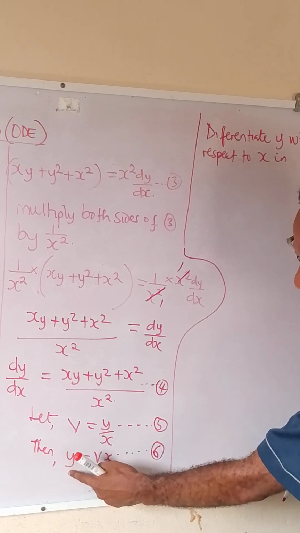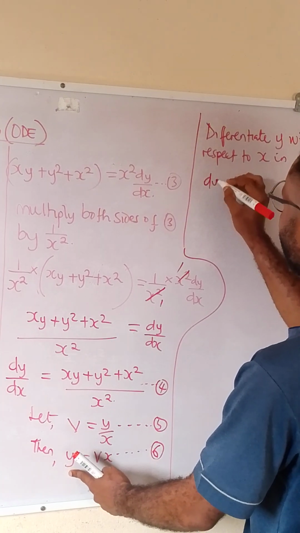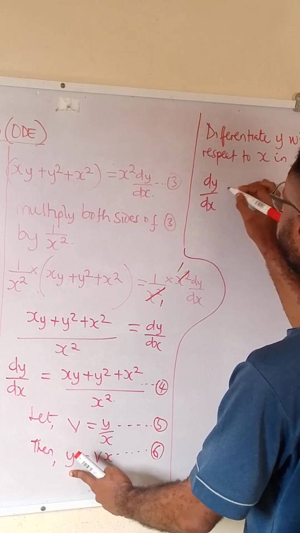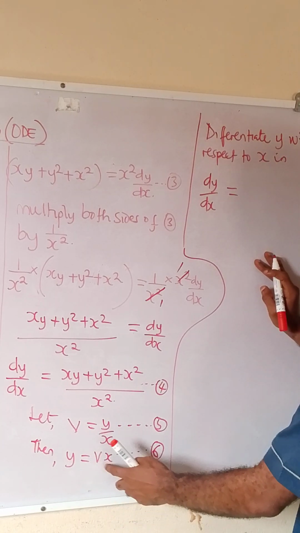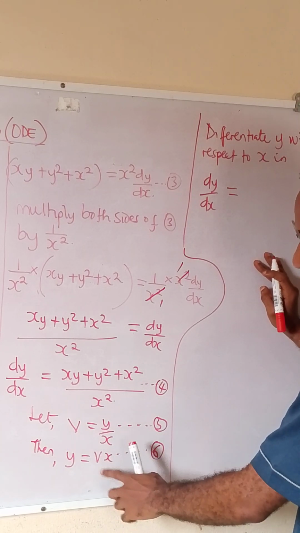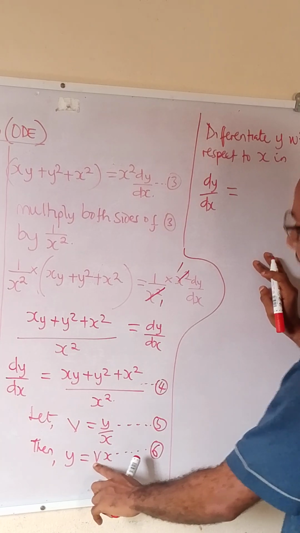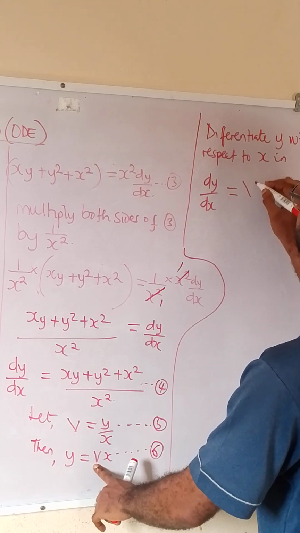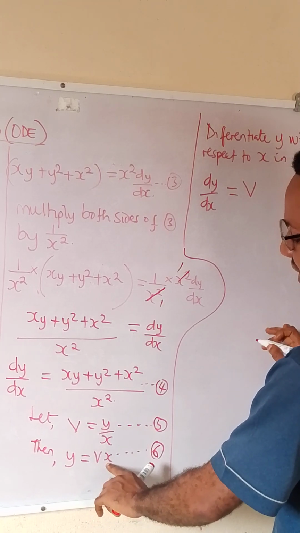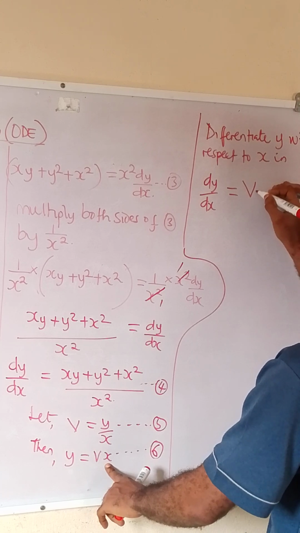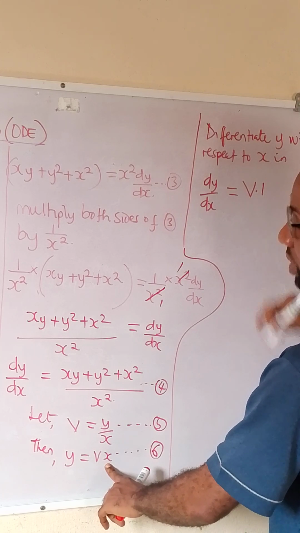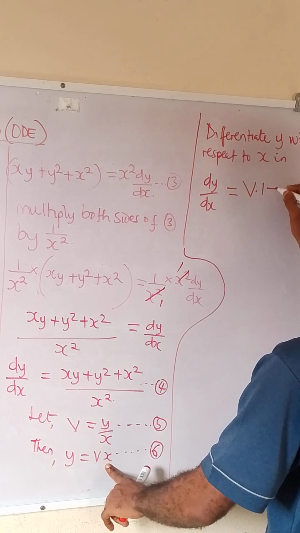So if we differentiate y here, it will give us dy/dx equal to, now this is vx, we are going to apply product rule to differentiate this one. So we keep v constant and differentiate x. When we differentiate x, it will be 1, so we have v times 1, plus